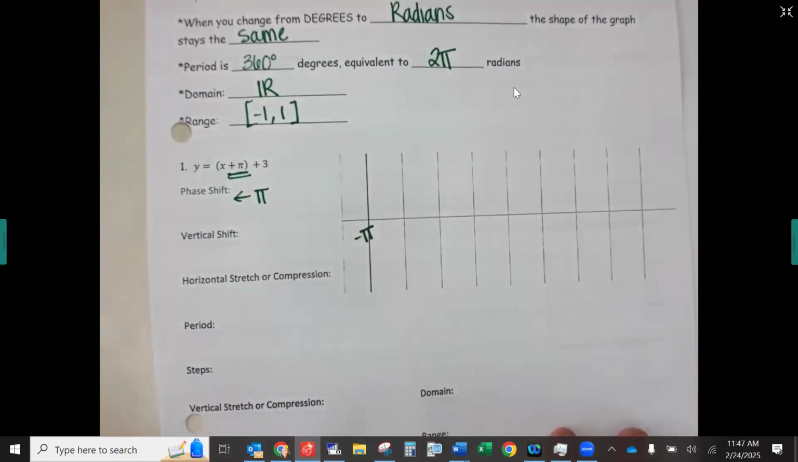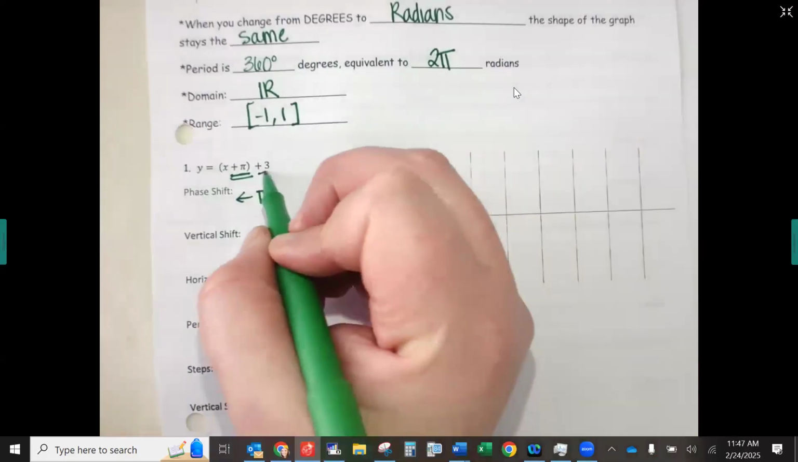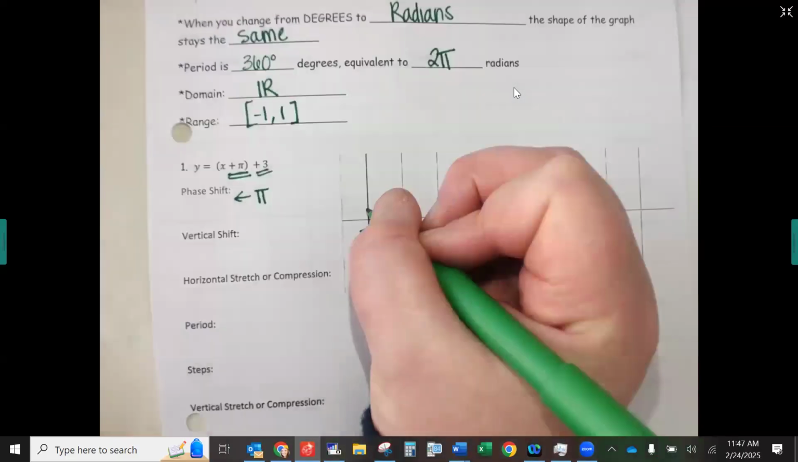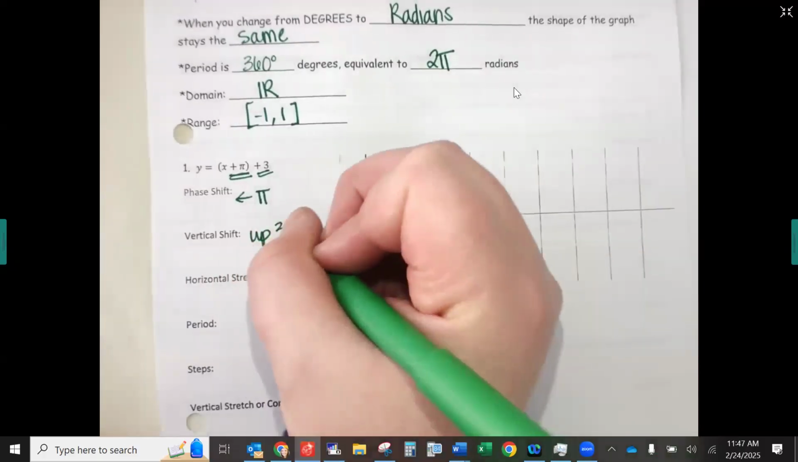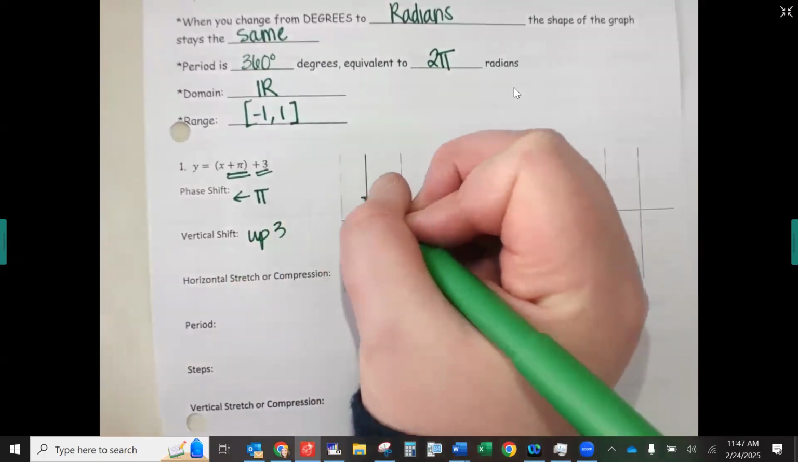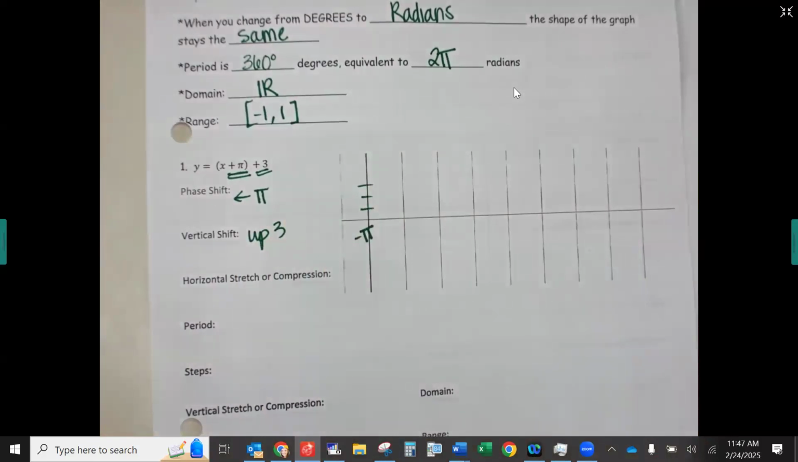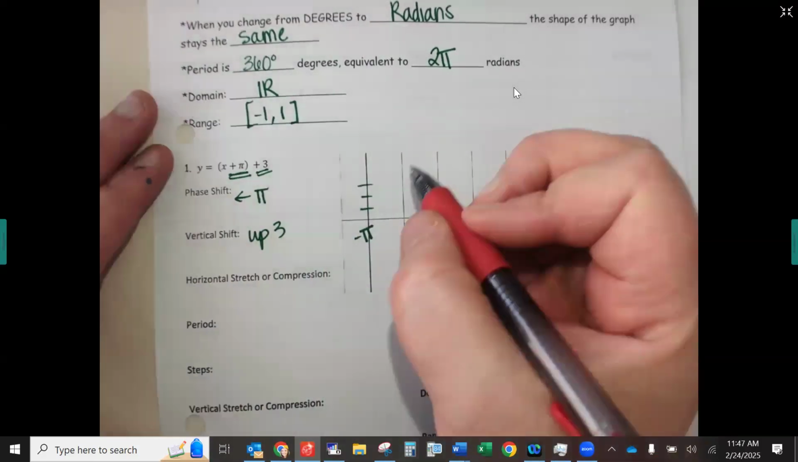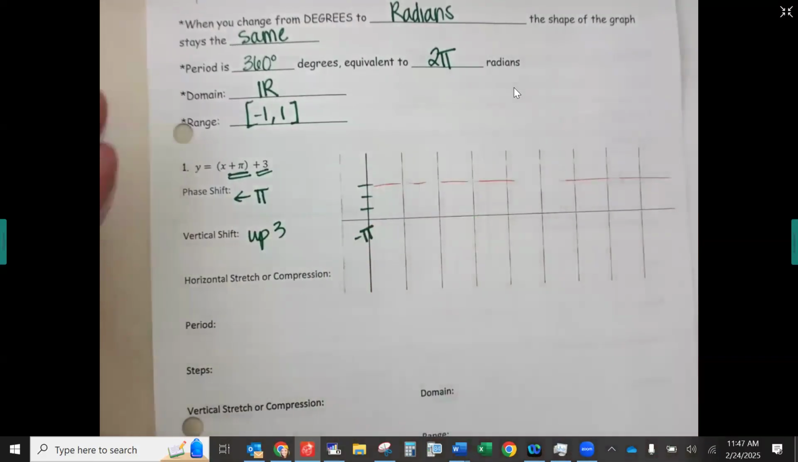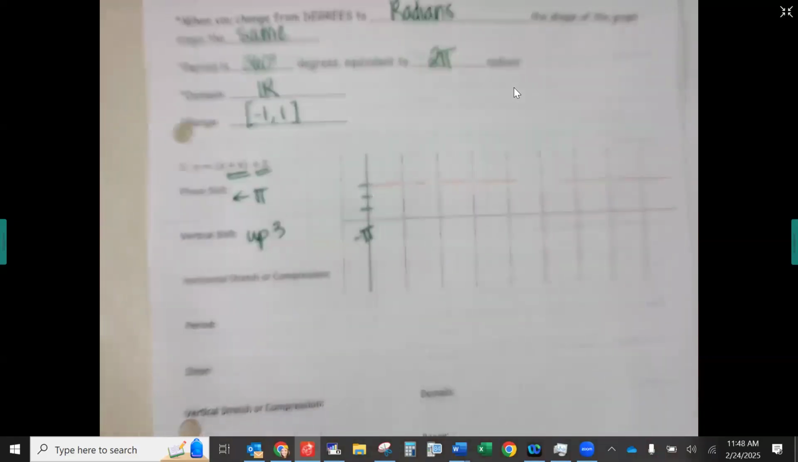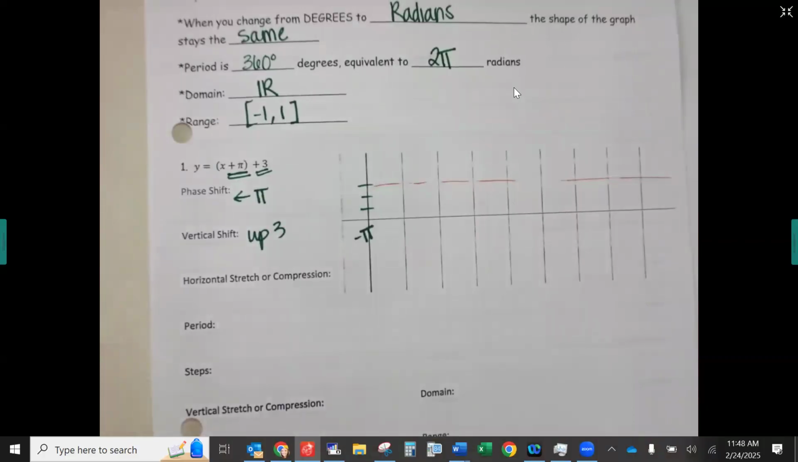Okay, then I observe I have a +3 in the back. Which way does a +3 move my graph? Up 3. So you're going to go up 1, 2, 3. And then remember, we're going to call that our midline. Okay, that's our midline. Then remember that my graph goes up and down 1 from what that midline is. So if my midline is 3 here,